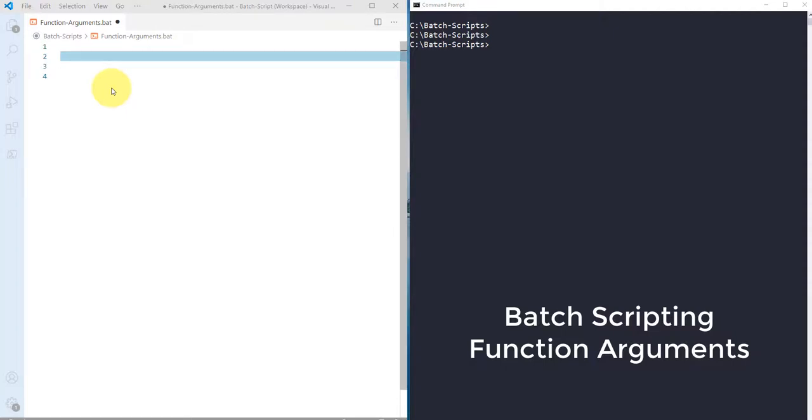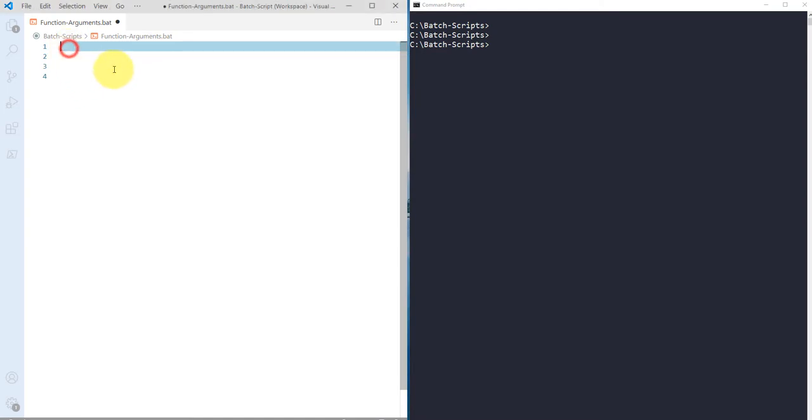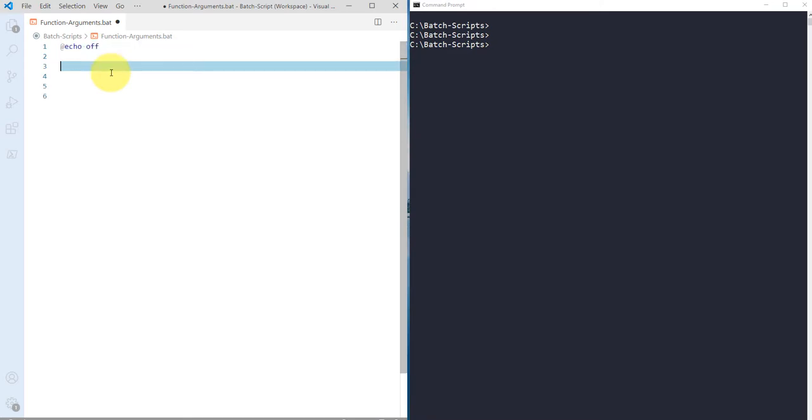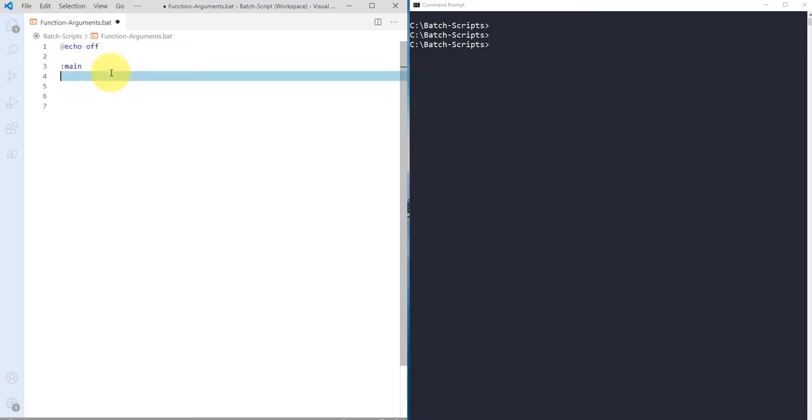Hey guys, in this video we are going to see how we can use function arguments in bash scripting. So let me create two functions over here, just using echo off. Then I'm using the main function, just using the keyword main. Here I want to display the number that the user is going to enter. So I'm just using echo and "your number is", and I'm just using